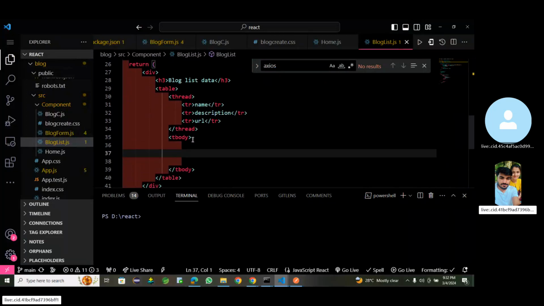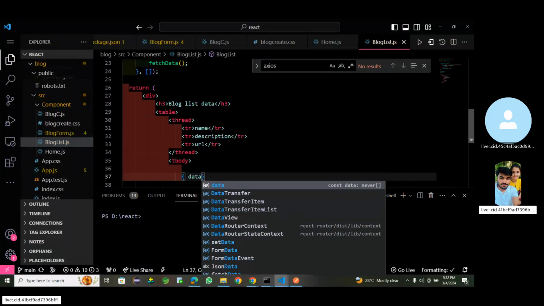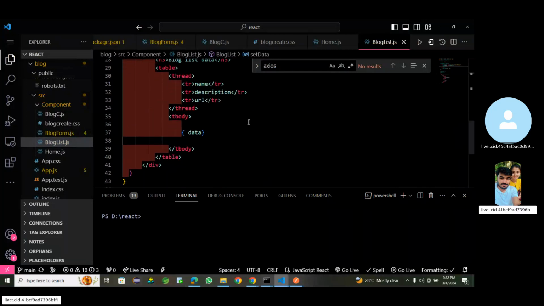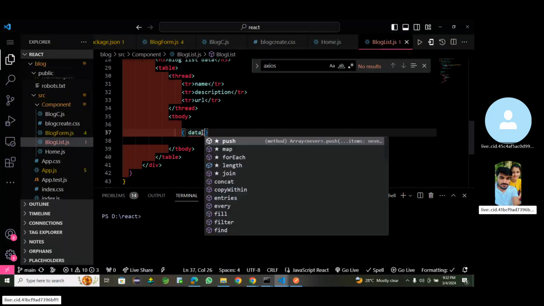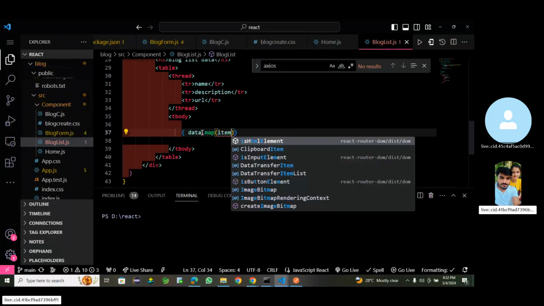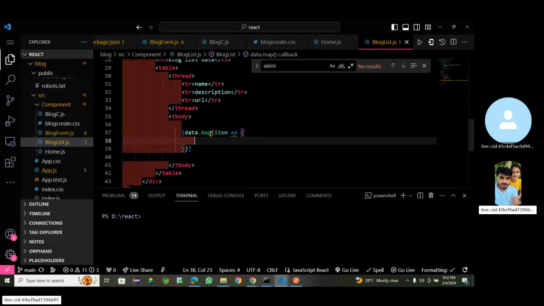You can use this curly bracket and data. Why are we using data here? This is your data, set by the useState hook to store the data. We are using one map function to render all the data into our UI. I can use item, and now I will display everything inside a table. We have created three